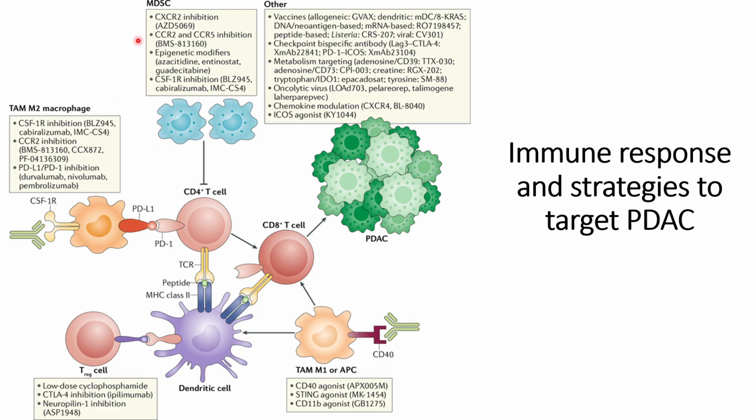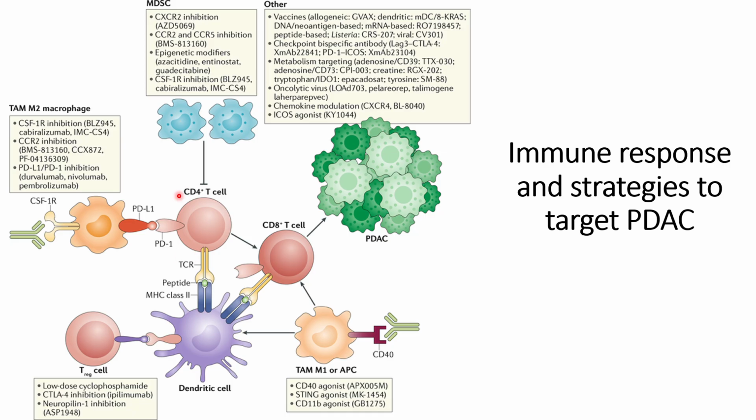And the myeloid derived suppressor cells can also prevent the activation of the CD4 plus T cells, and all these in turn will finally affect the formation of the CD8 plus T cells, or cytotoxic T cells, that can work against the PDACs or the tumor cells with the antigen present. So there are some strategies that have been clinically developed